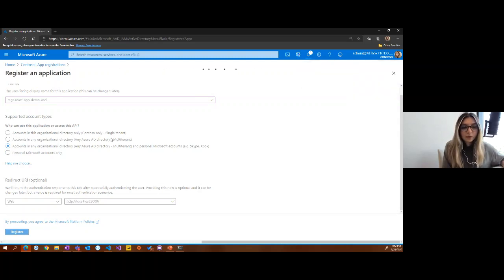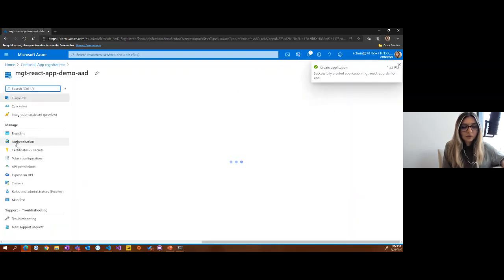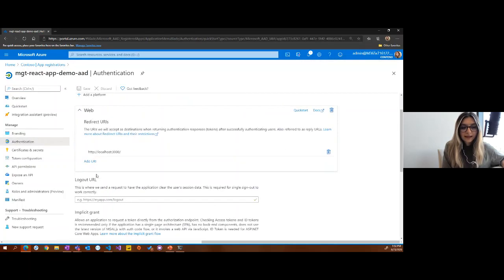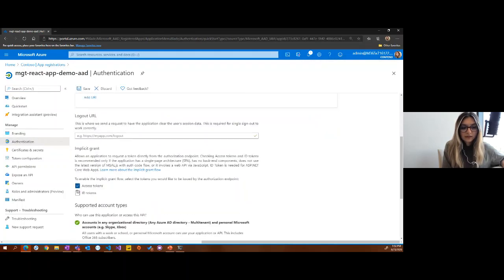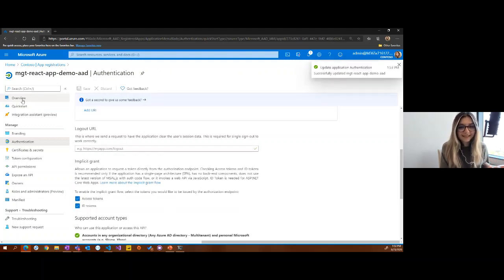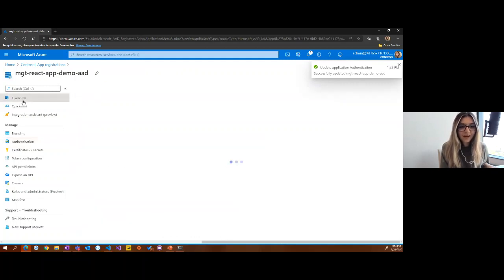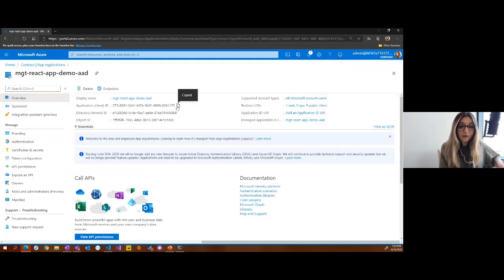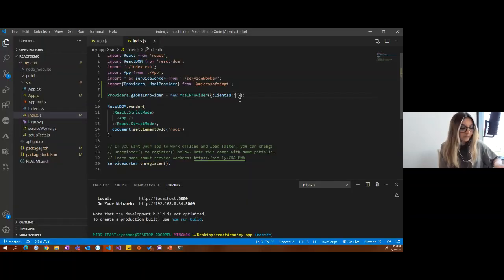Once we enable implicit grant, then you're good to go. I will go to authentication, enable implicit grant like access tokens, ID tokens. I save it. By the way, you can use exactly the same application we created for HTML. I just wanted to repeat it for this particular demo. I will go to overview and copy our client ID, paste it here,